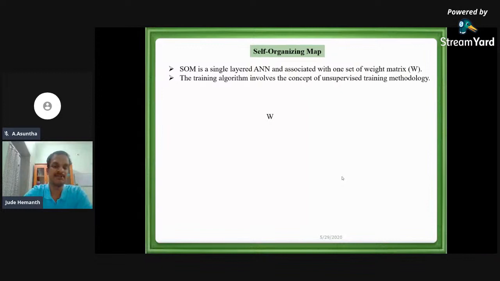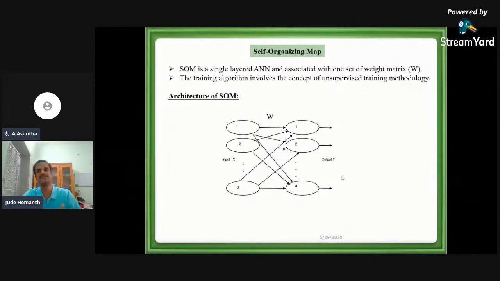And now we go into the concept of the self-organizing map, right? The last session, I missed it. Now I'm going to teach you the self-organizing map approach. It is a single layer ANN, right? What is a single layer ANN? You will have one input layer and one output layer. That is the concept of a single layer ANN. And when you have a single layer ANN, the process is relatively simple because you will have only one set of weights between the input layer and output layer, unlike BPN where we had two sets of weight matrices.